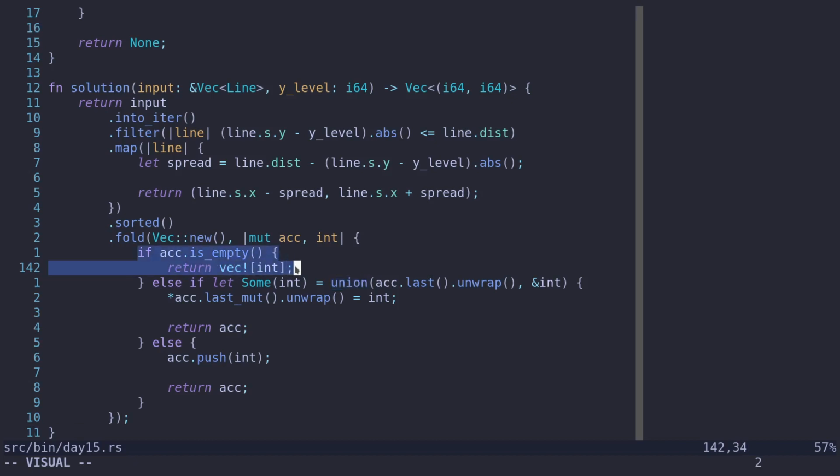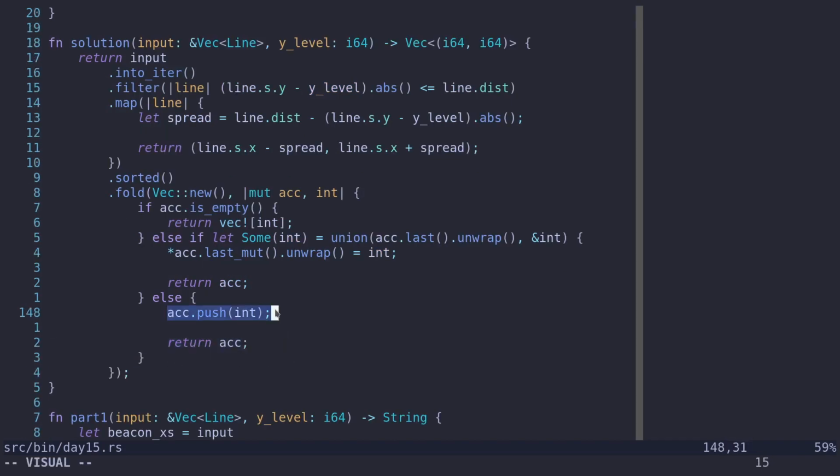So basically at first we have to add the first interval in the accumulator. Then if we can combine the current accumulator with our interval, then we combine it and we override the last element of the accumulator with the new larger interval. But if we cannot combine them, then we add the new interval as a new item in the accumulator. Basically we'll merge all the intervals into larger intervals, so we'll have a fewer number of intervals,